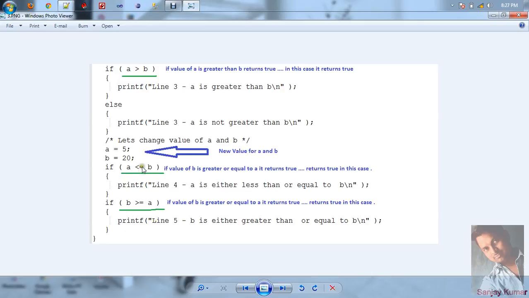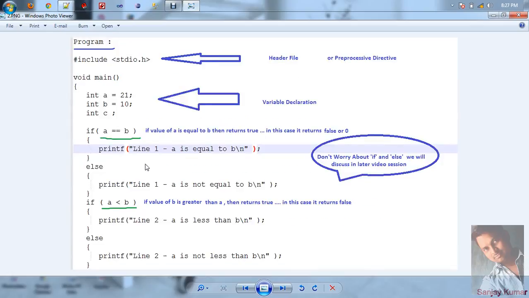Actually in these conditions I have written the same values, but as you can see the variables are exchanged in their positions. Here b comes in front, here b is second, so it does not matter where the variable is. What always matters is what the relational operator is and what it returns. If it returns true, then the if statement executes; if it returns false, then the else statement executes. So basically there are 5 conditions and 5 statements. So in the output we will see 5 statements printed by the printf function.